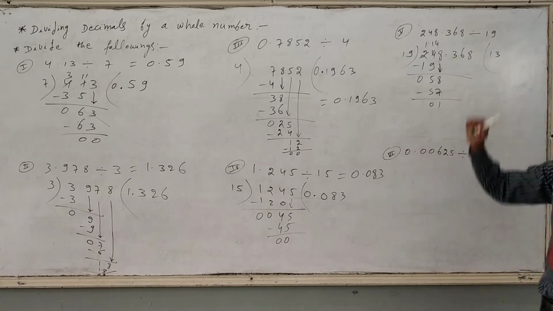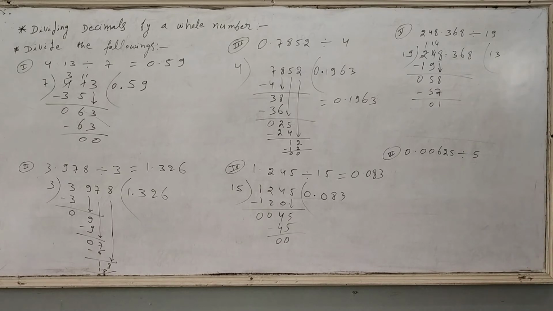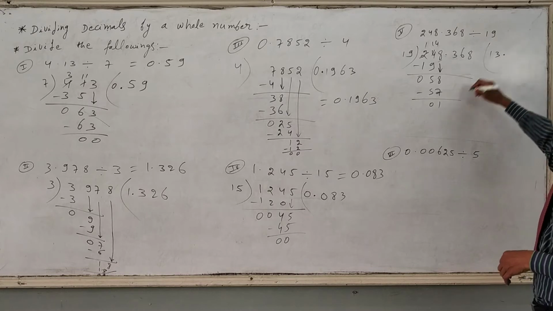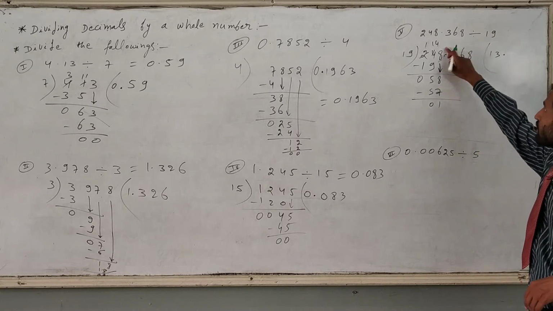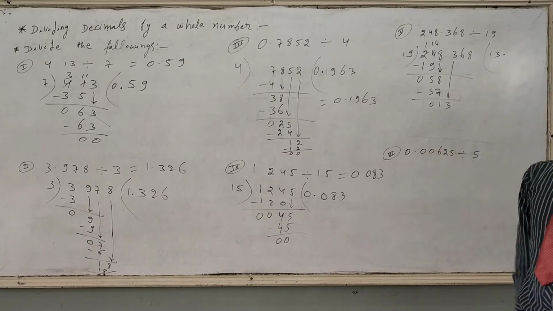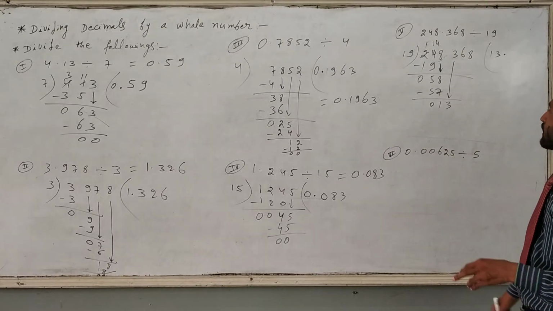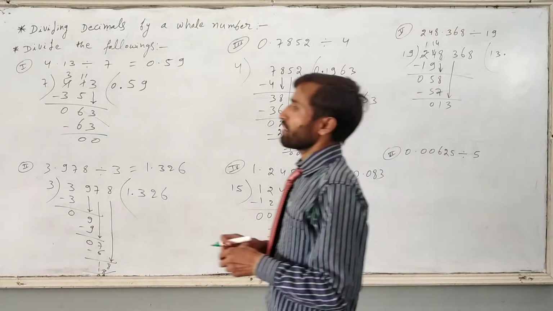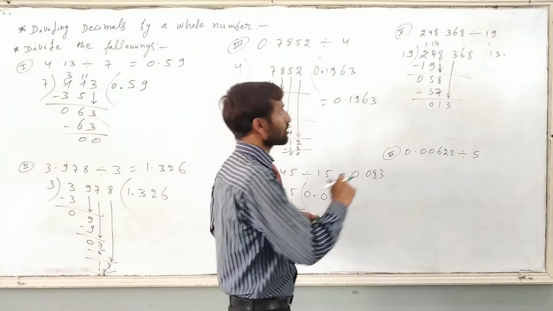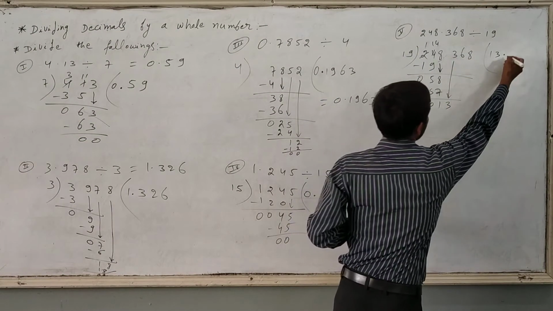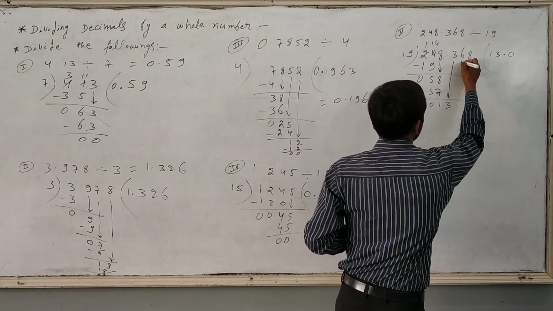And then the point is there. So first of all we have to remove this point. So the point will come after 13. After that we can remove this point. Then we can write one more digit here, 1 3, means 13 will come. Again it cannot be divided by 19. So we have to take this 6 there. For that we have to put 1 0. Then 6 will come here.